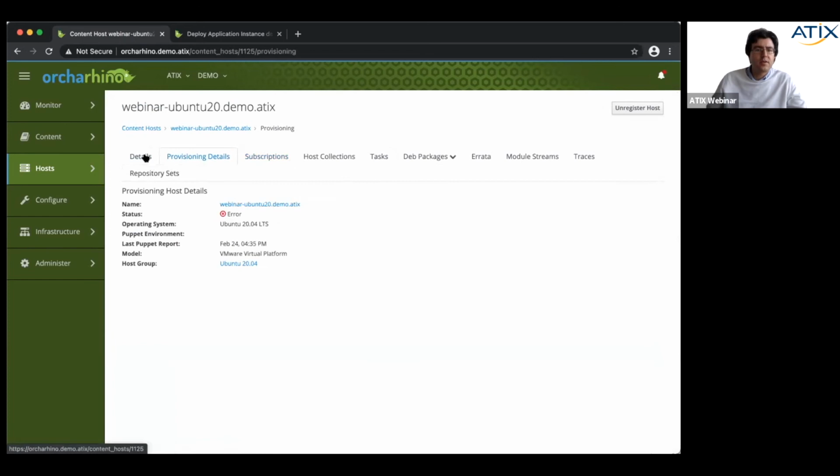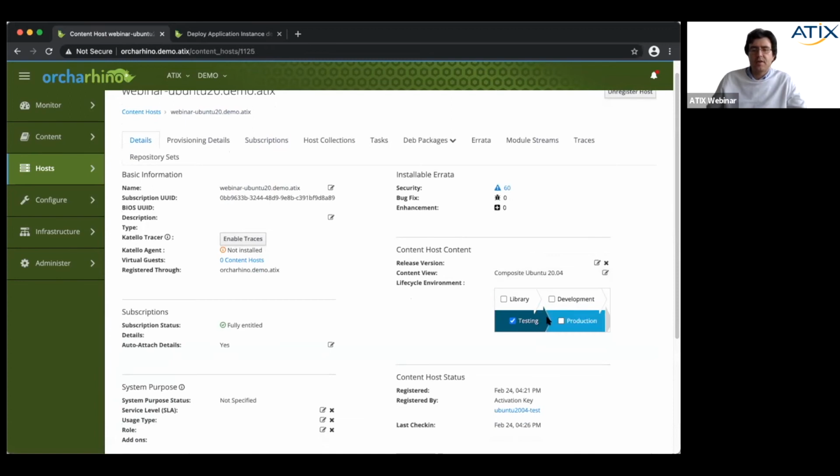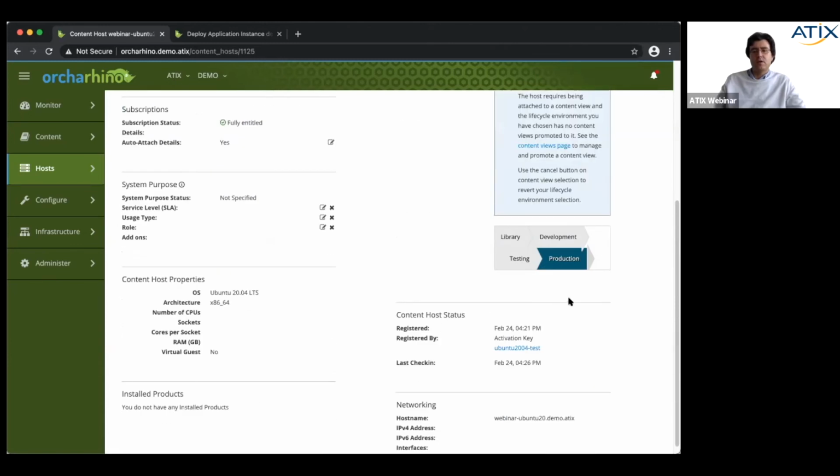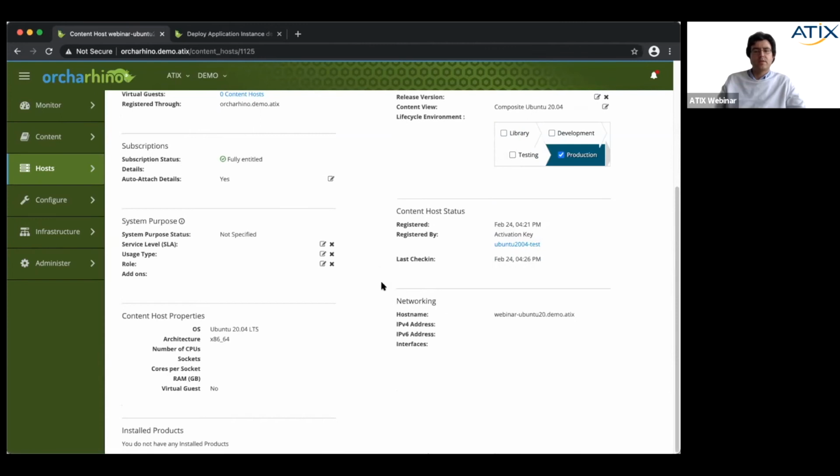And over here, it's the provisioning template status. And here we can manually shift a server if we want, for example, from development to testing. So we want to say no, this server is no longer a development server. It's supposed to be a testing server now. We can just change it here by clicking on testing. In this case, we want to promote it to be a production server. We save it. In this way, we can move a server instead of promoting an environment, in case we want to do it that way.